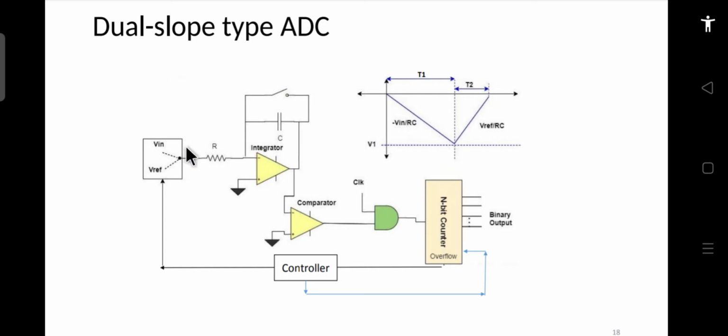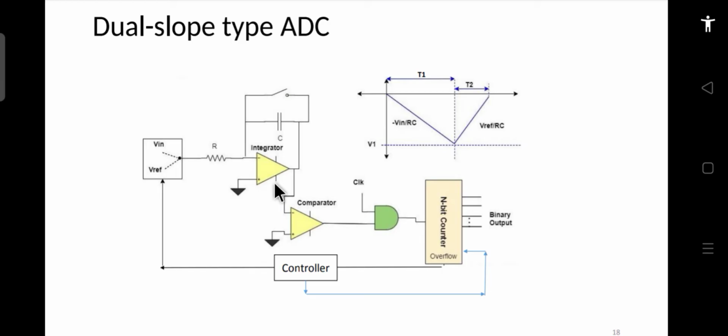So it will keep on changing this output depending upon for how much time the input is applied. The R and C values are constant, as you can see, so the time constant of this converter will be constant. Depending upon the value of the input, the circuit will keep on integrating for that duration. The RC time constant remains the same, but if the input value is low, the integrator will work for less time. If the input value is high, the integrator will work for more time.